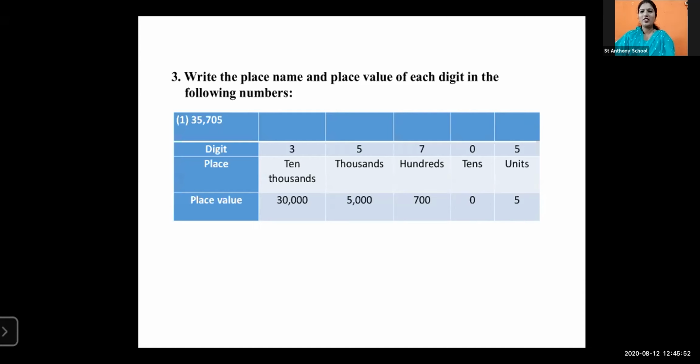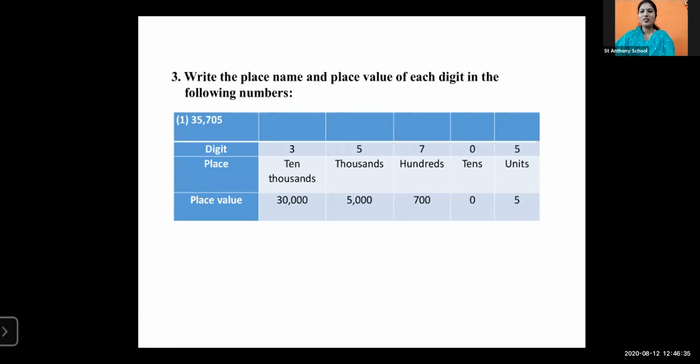So our third row is what? Place value. What is the place value of this 5? 5 is on the unit place. So its place value is same as 5 only. Then the next number is what? 0. 0 is on the 10th place. मैंने कहा कि 0 पे आप जितना भी 0 दे दो, the value is same, 0 only. So what we'll write? Place value of 0 is 0 only. Okay, अगर वो 10 place पे भी है, then also its place value is 0 only. Okay. Then next number 7. 7 is on 100 place. So how many zeros will write after 7? 2 zeros. Okay, क्योंकि उसके बाद 2 आता है ना.